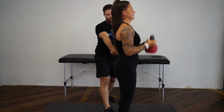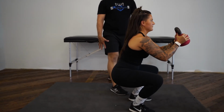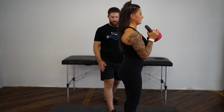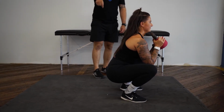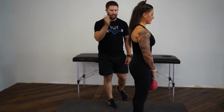So do that a couple more times. Nice and slow. Good. Hands up. Versus bring it in. We'll notice a little bit of a duck there, but not too much. Nothing here that I would be concerned about as far as creating injury or anything like that, because again, what